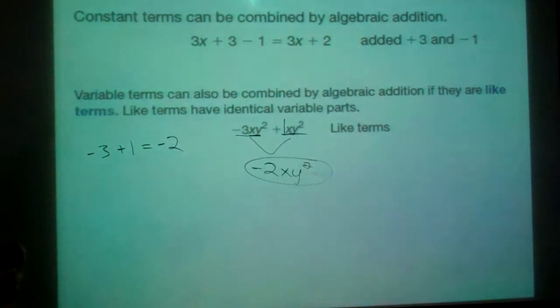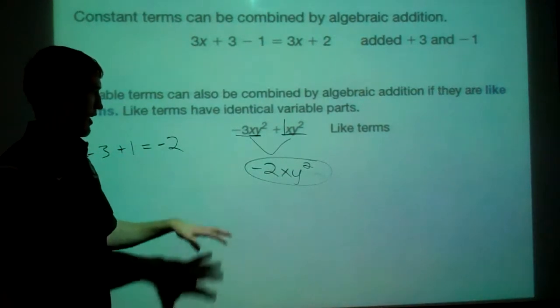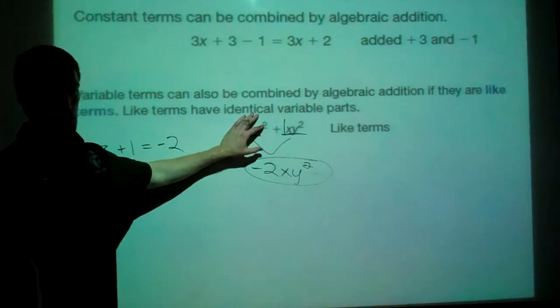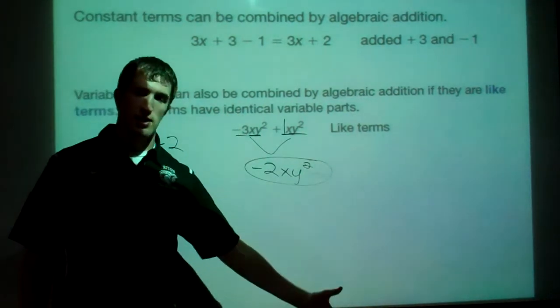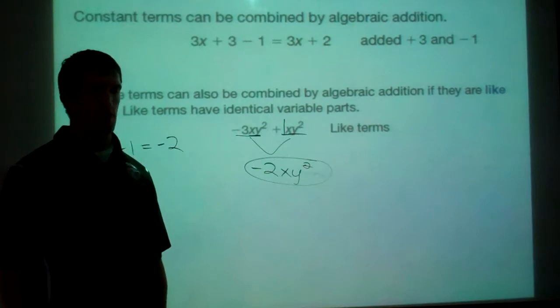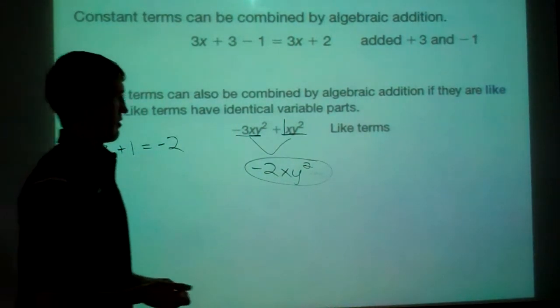Now, some students wondered why the variable powers didn't change. When we add or subtract with like terms, exponents don't change. We'll find out tomorrow. It's when we multiply those variables, that's when the exponents change. We've seen that a little bit already. For instance,